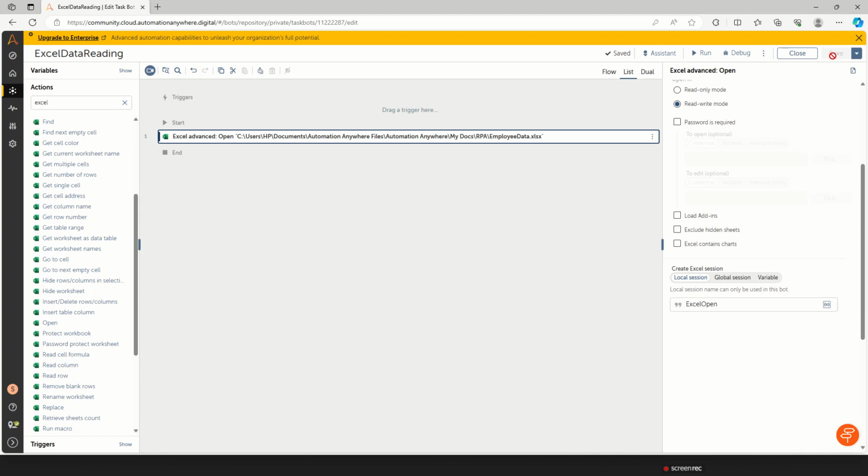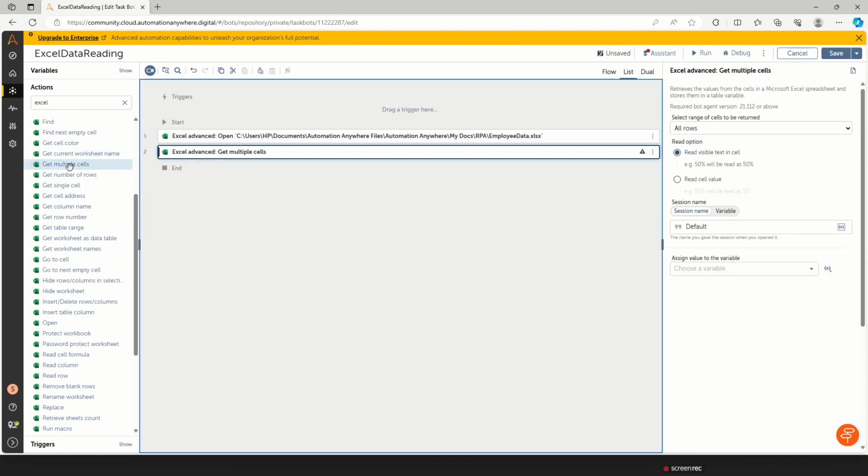And after this, we need to select one more command: Get multiple cells, which is available here. Just double click on it. Here we need to select all rows because we are going to read all the data from that Excel. So we need to select all rows here, and then